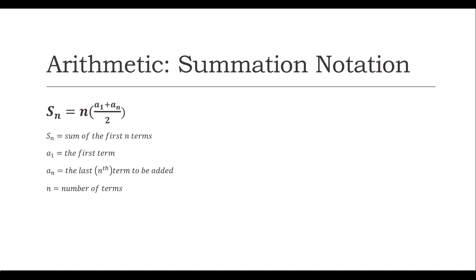Next we have summation notation, where we can find the sum of an arithmetic sequence. For summation notation, we need to know the number of terms, our first term, and our last term. So here we have 0, 5, 10, and then some missing terms, and the last term is 25. So our a sub n is 25, our a sub 1 is 0, but we don't know the number of